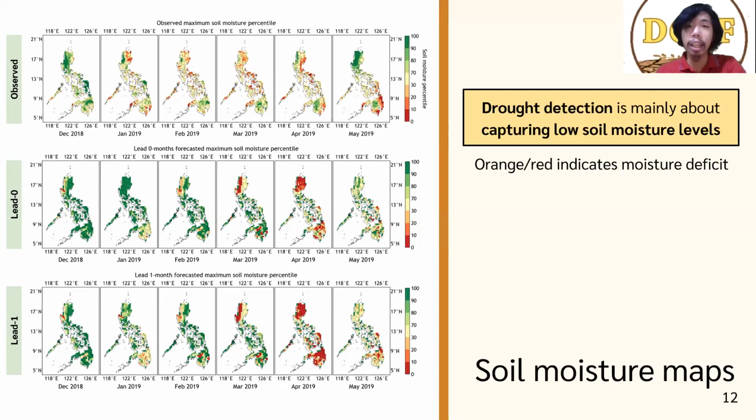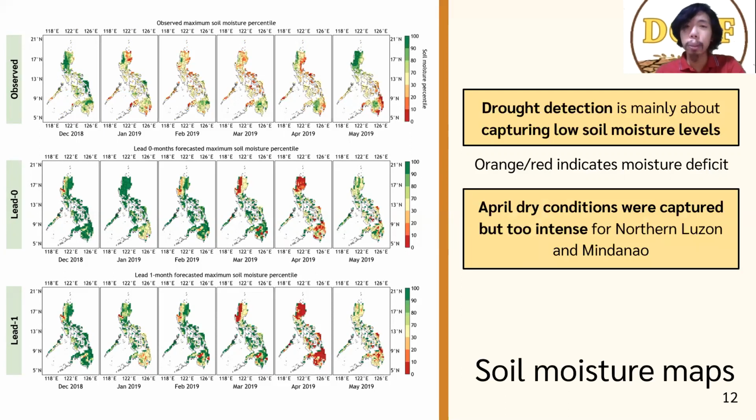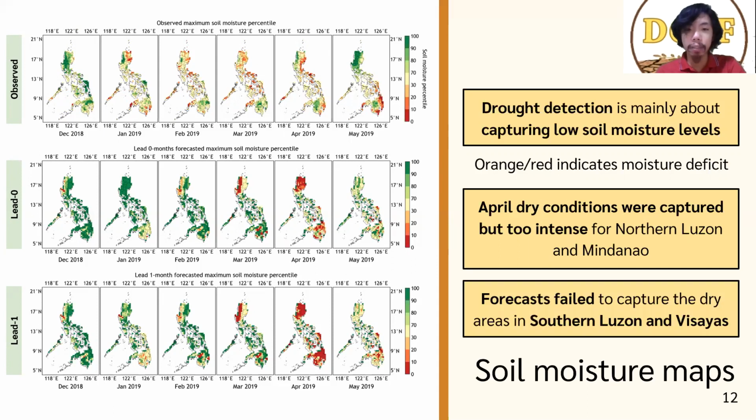areas in the red and orange colors were reproduced. The forecast captured the January dry conditions in Mindanao, as well as in central Luzon from February to March. The April drought signals were too intense for northern Luzon and Mindanao, while hardly any drought events for southern Luzon